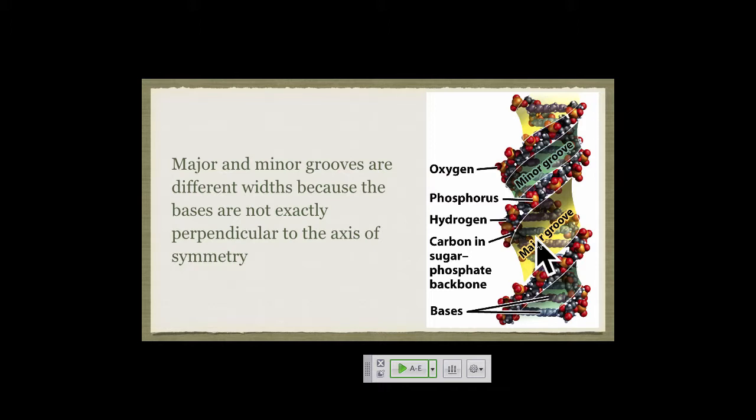Yeah, pretty close. The key point here is the base of this major groove is actually the top edge of the bases. So the proteins can fit into the groove on the DNA and literally read the DNA sequence. So when we start talking about these DNA binding proteins, you see certain recurring motifs or substructures in that protein. One of the first ones was called zinc fingers because they look like fingers that are coordinated with a zinc atom, but they're exactly the right molecular dimensions to reach down into the groove and actually read the bases. So the DNA binding proteins can read the DNA sequence without having to unwind the helix.